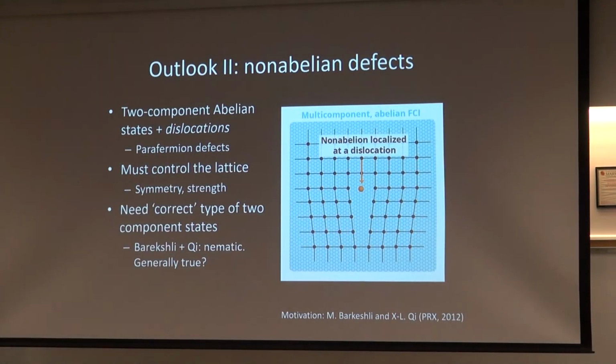There was an interesting proposal originally due to Meisam and Xiaoliang Qi that if you want to make a parafermion type of defect, but you don't want to use a superconductor, then if you have a fractional Chern insulator of the right type and you make a lattice defect of the right type, then you can localize some kind of parafermion defect. There's a few steps still missing here. You need to have the right type of 2-component fractional Chern insulator state on the right type of lattice with the right type of defect. But that's better than not having a fractional Chern insulator state at all. So that's sort of our first step